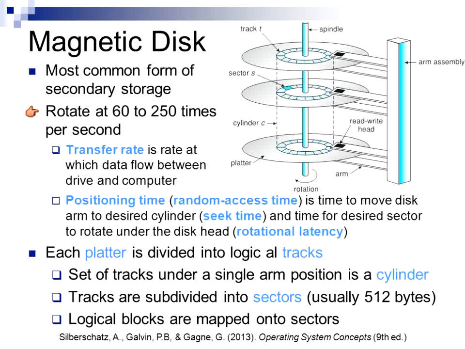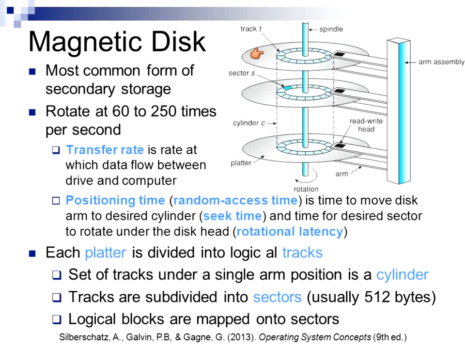The disk drives rotate very quickly, 60 to 250 times a second, and they can even be faster than that. You have your transfer rate, which is how fast data flows between the drive and the computer. And then you have other times, like your positioning time, which is the time it takes to move this disk arm to the correct cylinder. Okay, that's your seek time,